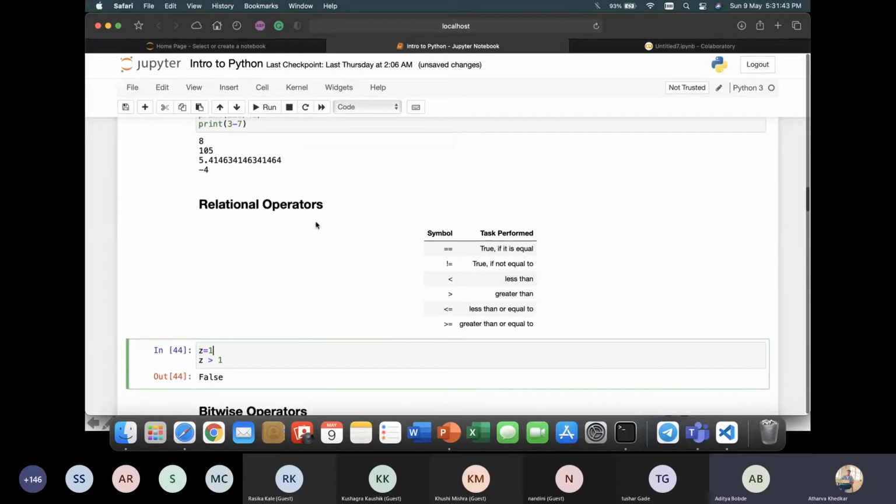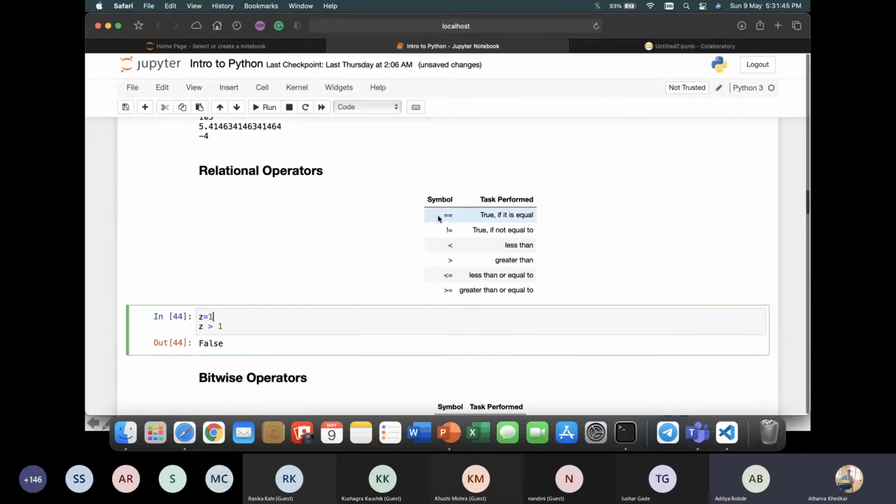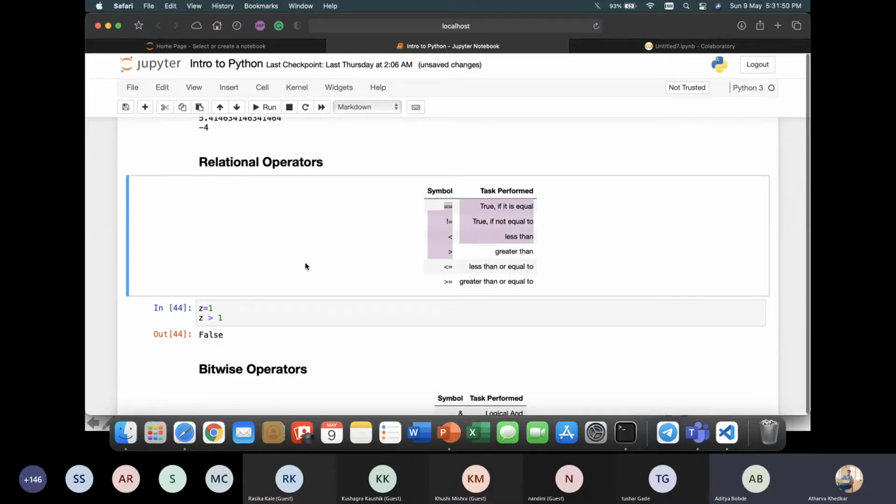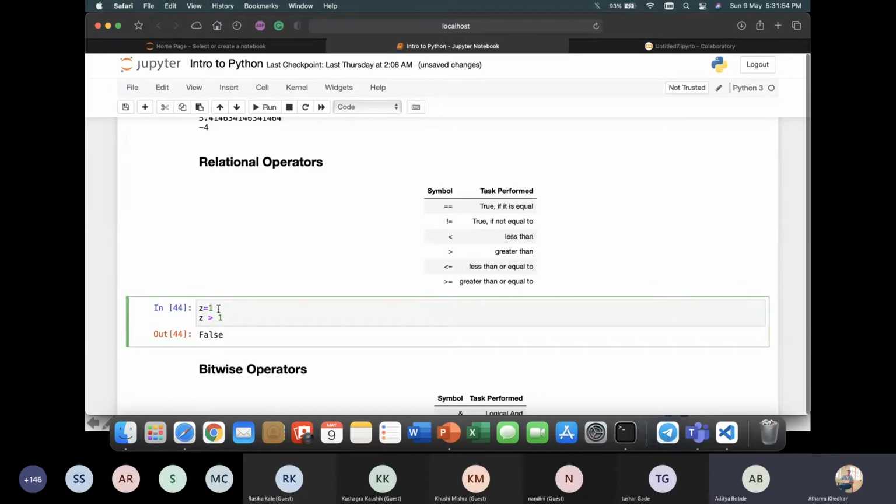And these are the other types of operators, the relational operators. They show the relations between variables. Like I assigned here z equals 1.